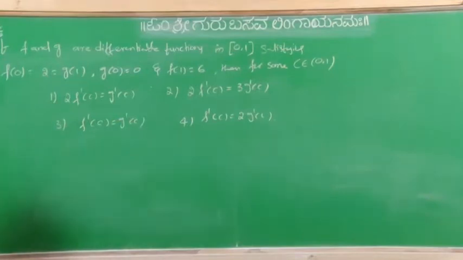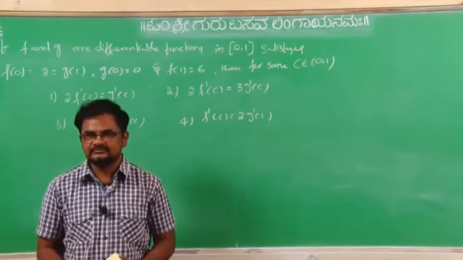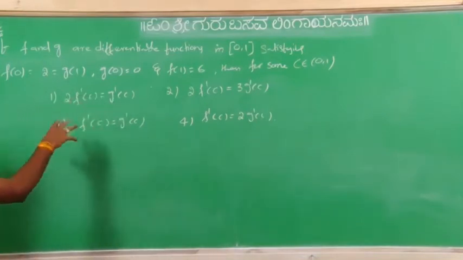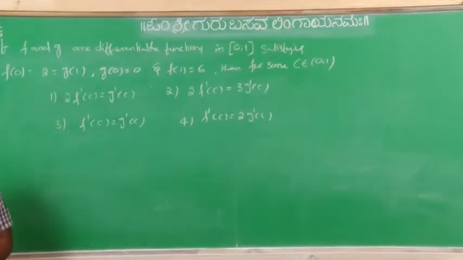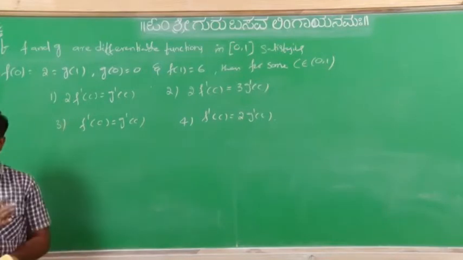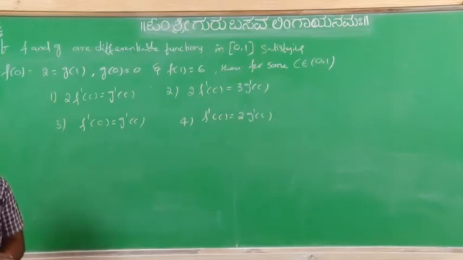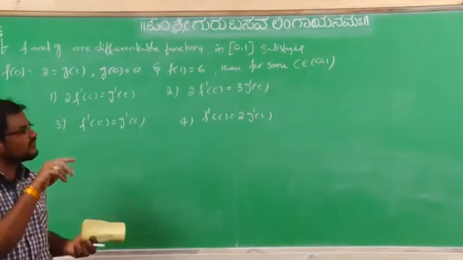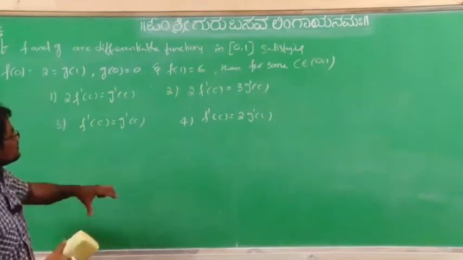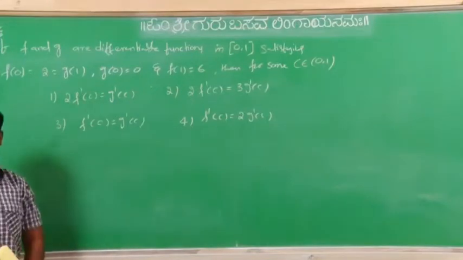So this is a problem under selection of function. By the given options we have to select the function which exists for these conditions and Rolle's theorem conditions. Once you observe that f and g are differentiable, how can you identify whether this is Rolle's theorem or mean value theorem? See, f and g are differentiable functions they have given.